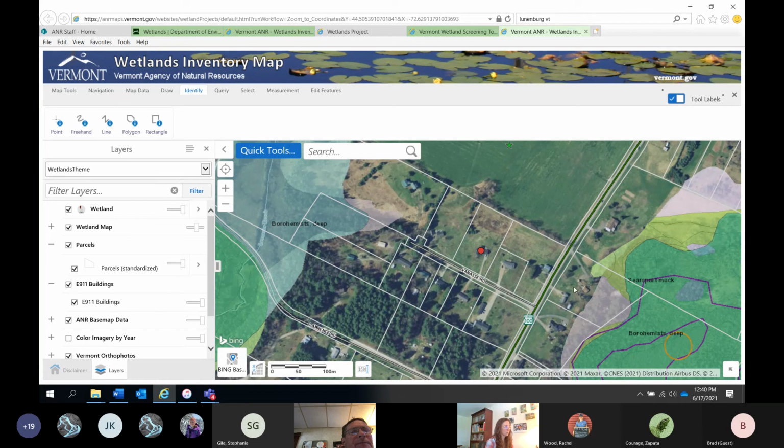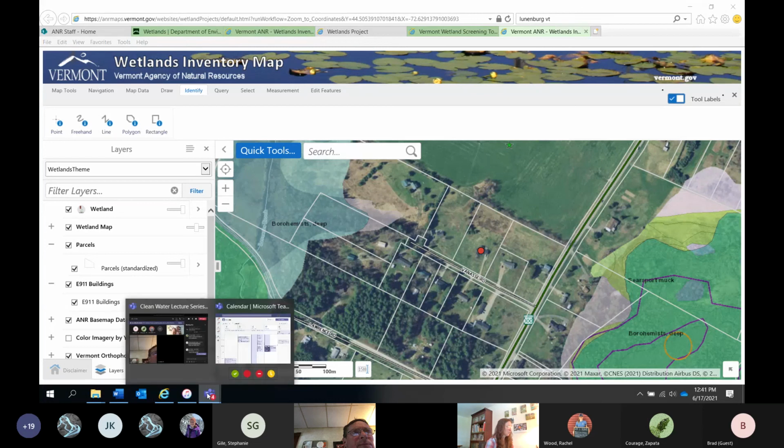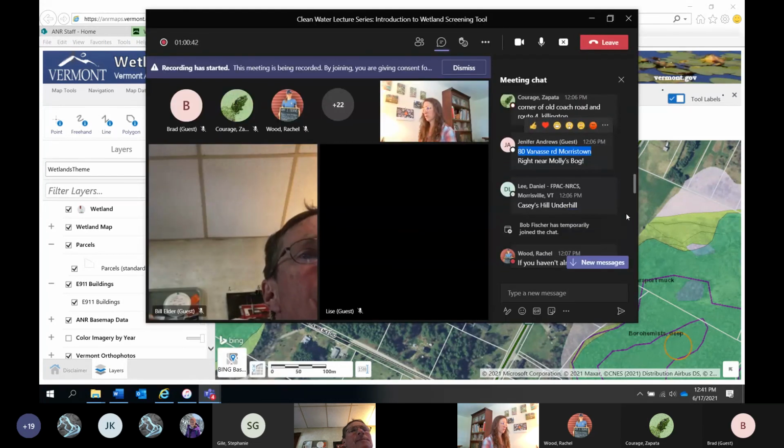If it were this property, we would definitely want to go out and look at where the wetland boundary is, because it's obvious that it would kind of creep up, being so adjacent. But because there is like a 300 or 1,000-foot buffer on some of these more sensitive areas, it does pop up over here. So the entire purpose of the tool is really to give people a heads up. And I think it does a pretty good job of accomplishing that.